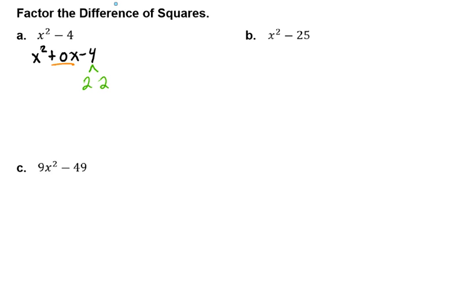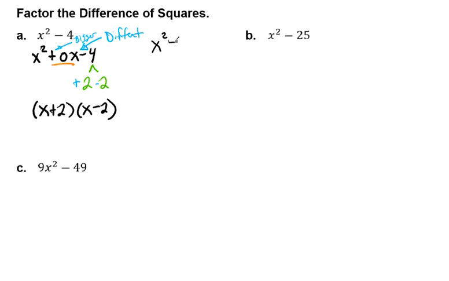Because our symbol here is a minus sign, we know that those should be different symbols, meaning one will be positive, which is usually our bigger one, but because they're both the same, it doesn't matter. So I can write this as x plus 2 and x minus 2, and those are going to be my factors. But another way to do this, a little bit easier and a little more efficient as far as time goes,